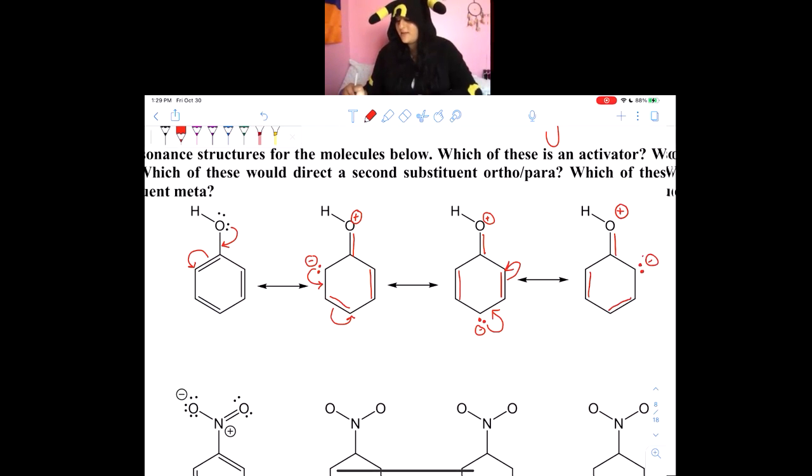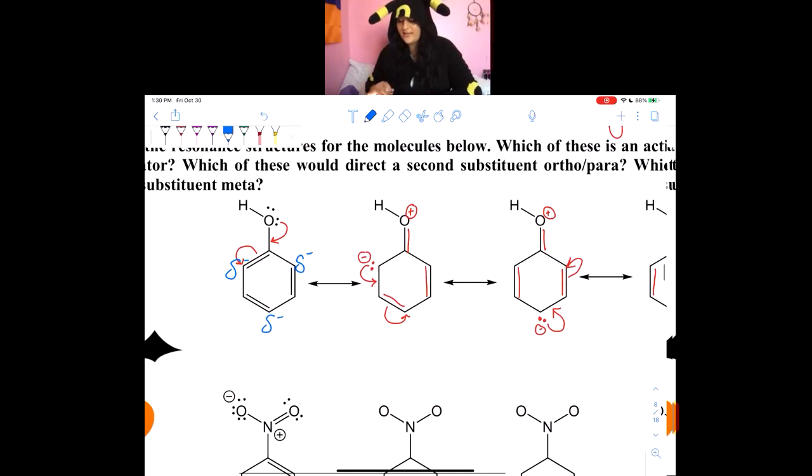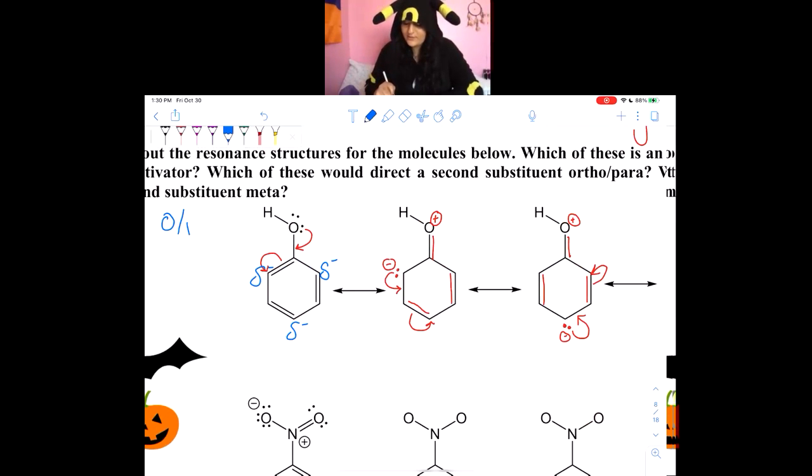And in the next step, it would just go back like this, leading to our first structure, so I'm not going to draw it. But with this, you can notice that we have a delta minus charge here, here, and here, right? Which positions have a delta minus? Ortho and para, exactly. So now we can tell that this alcohol is going to direct ortho and para,